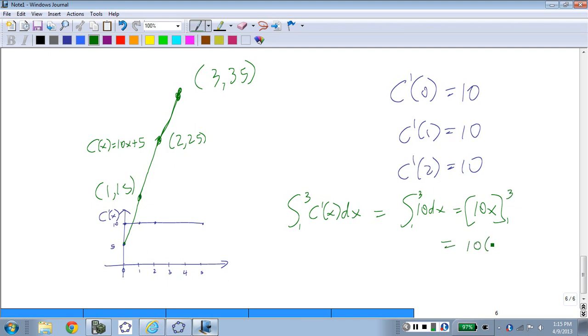It's going to be 10 times 3 minus 10 times 1, which is 30 minus 10, which is 20. So it actually costs us $20 to produce items 2 and 3,